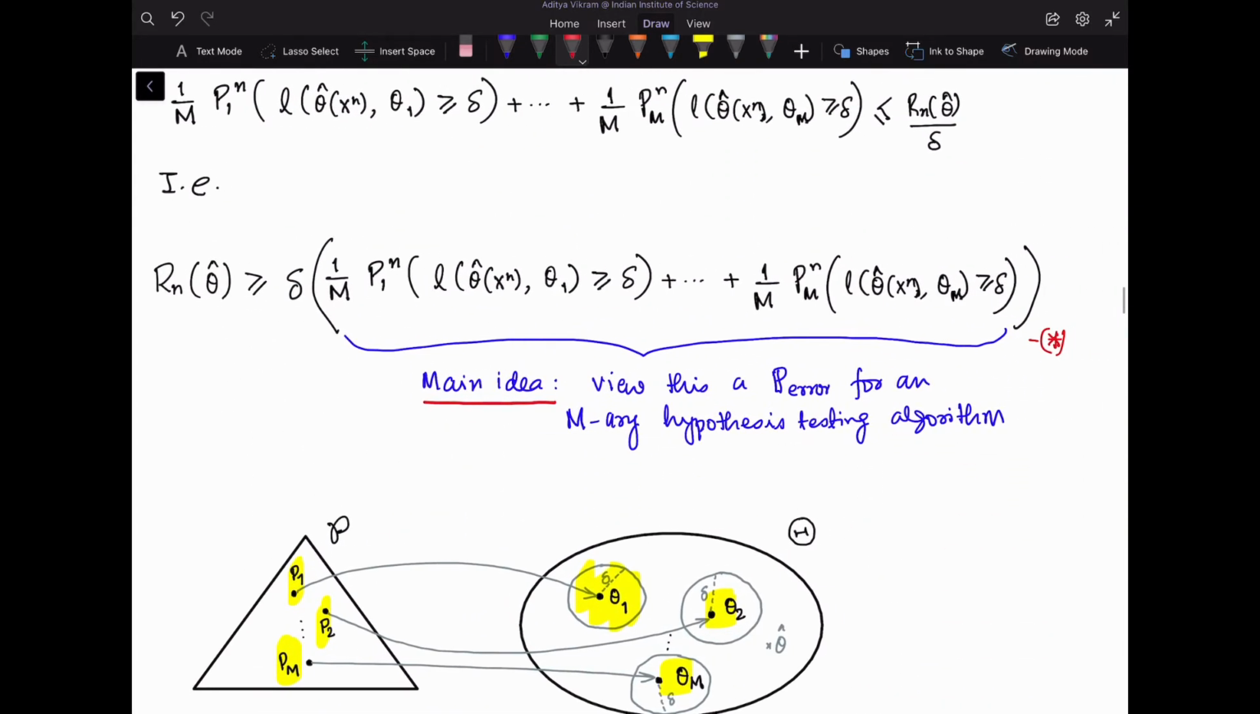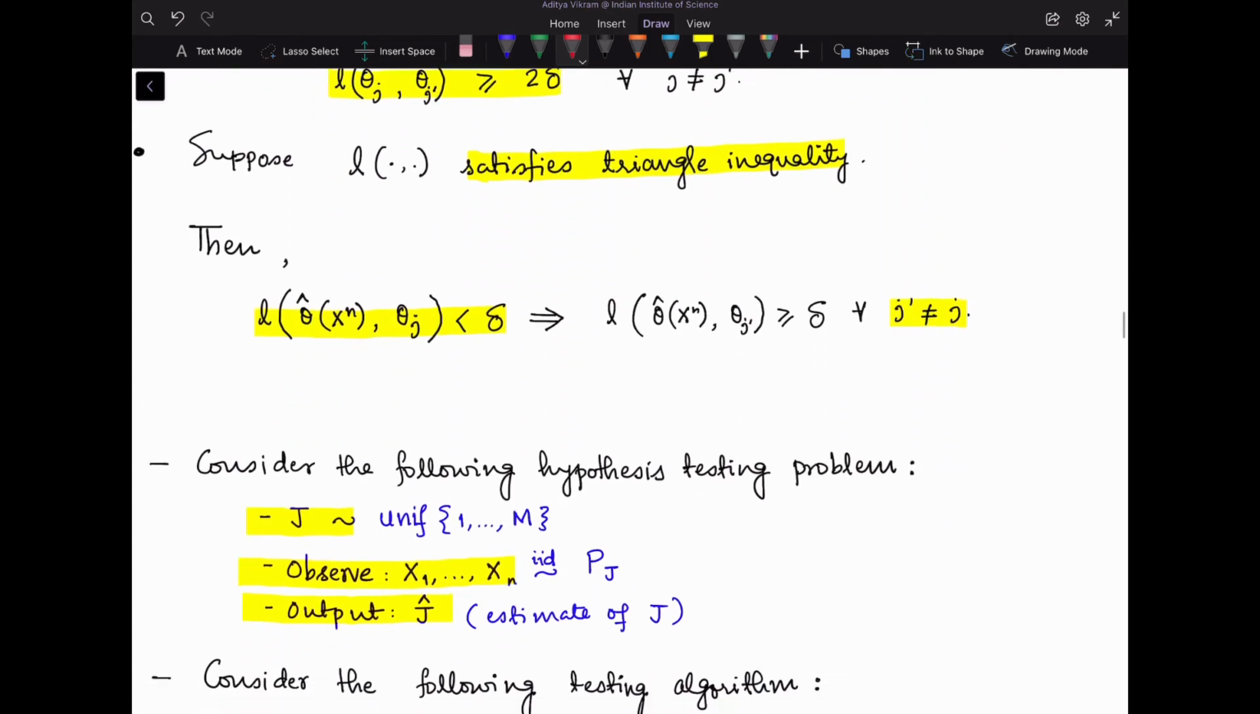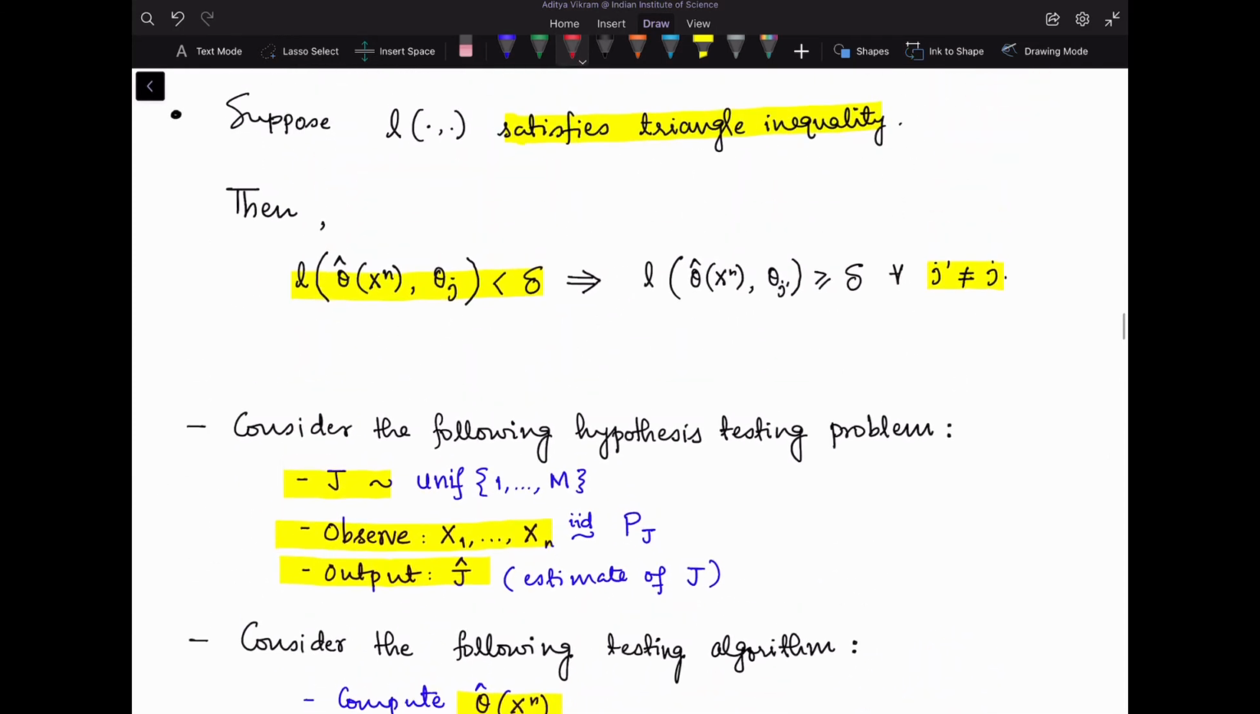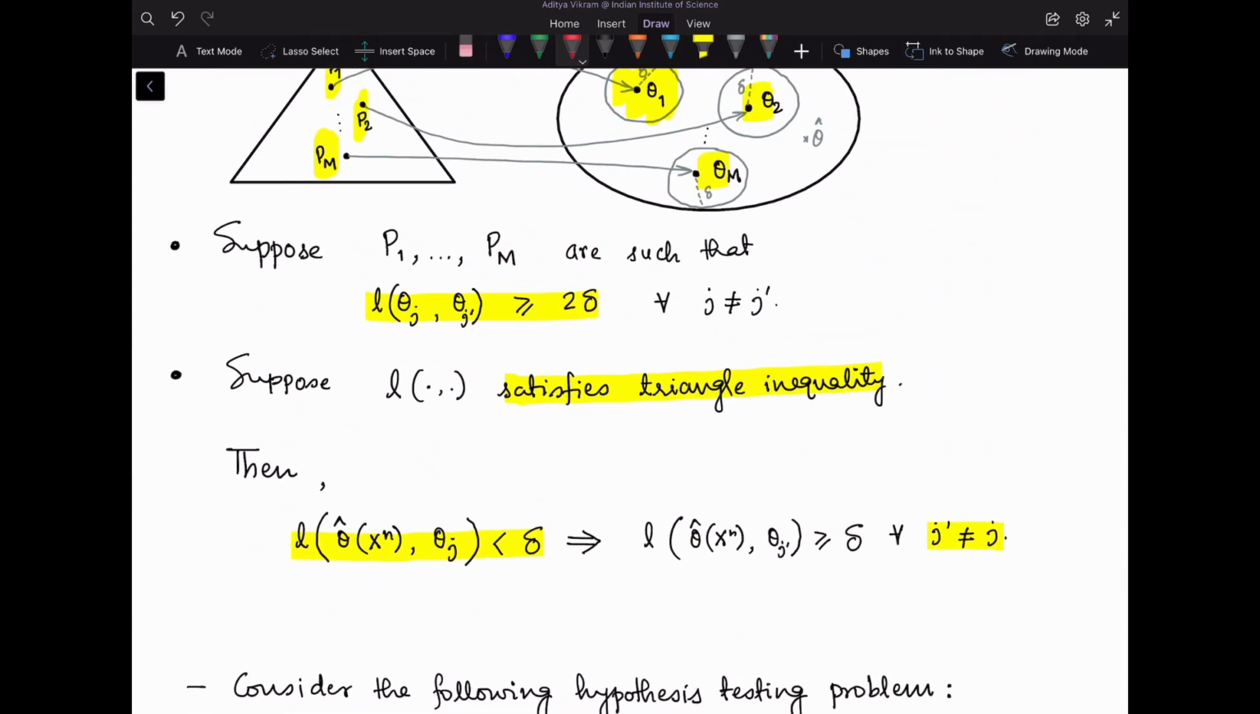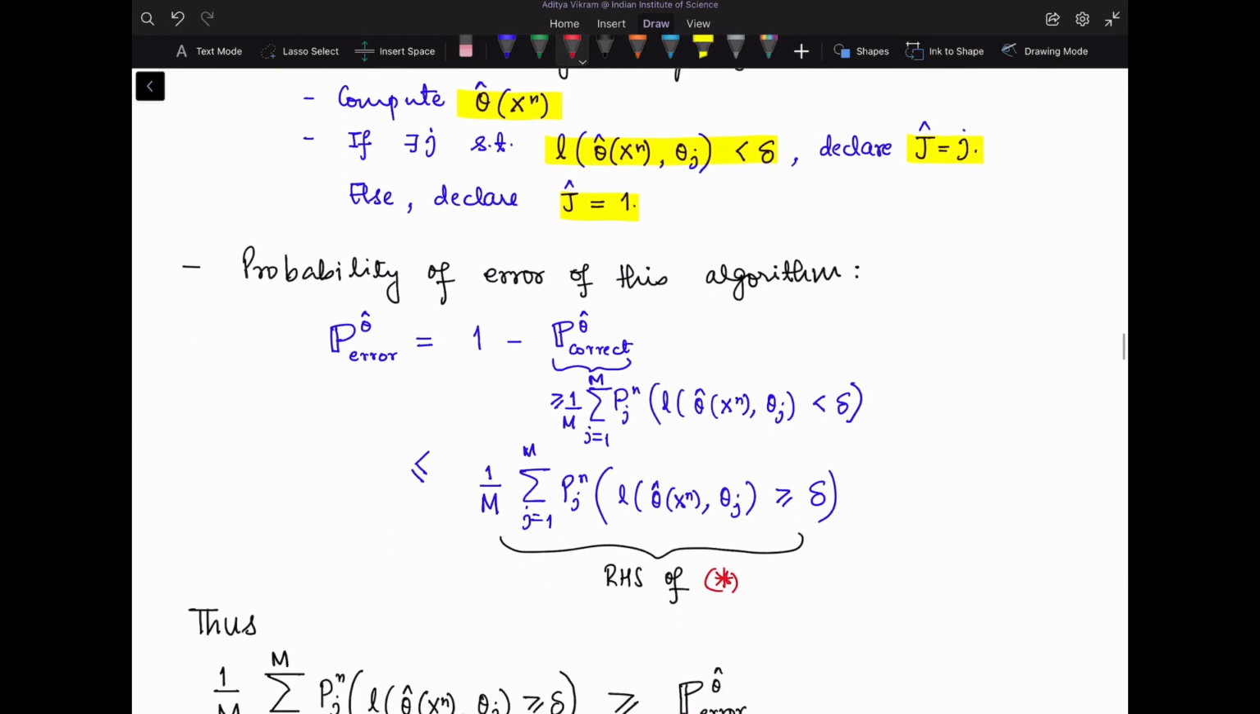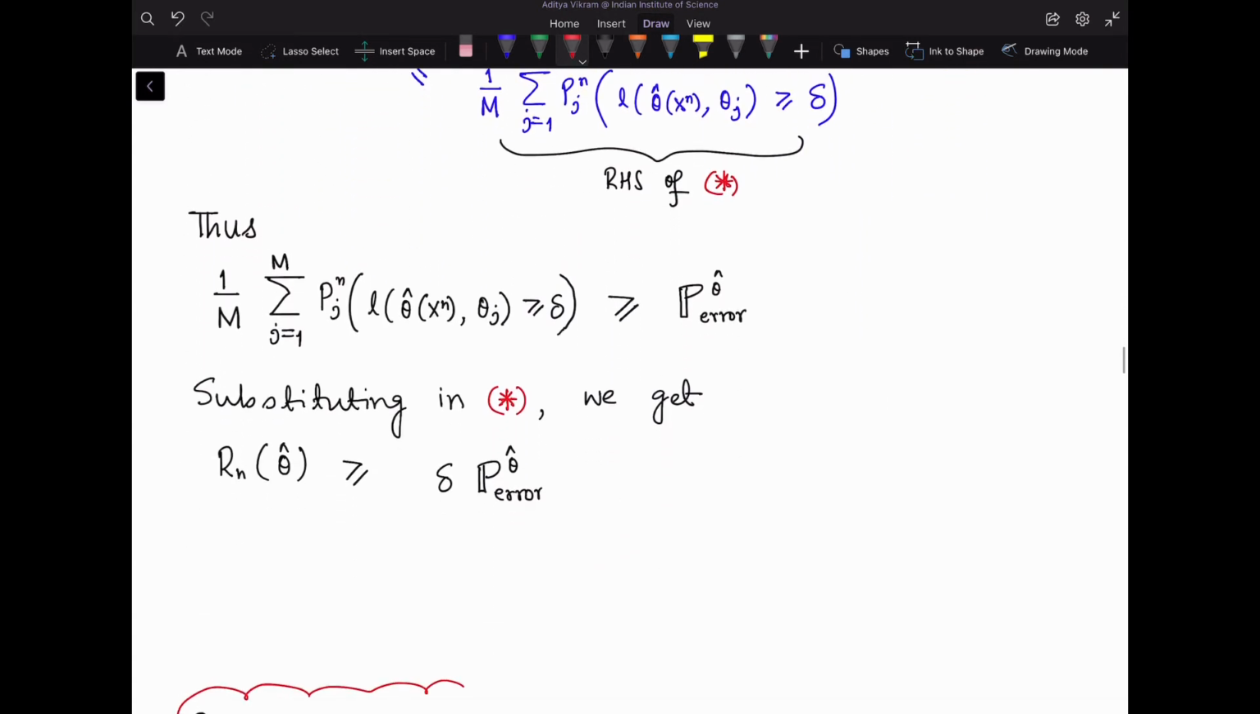Right. So we wanted to view this as a probability of error, and we can indeed view this as a probability of error, conditioned on these two assumptions: that your theta j's, or p1 to pm's, are chosen in such a way that in terms of loss function they are at least 2 delta apart, and that L theta satisfies the triangle inequality. Okay, so we have shown that this quantity here is an upper bound on the probability of